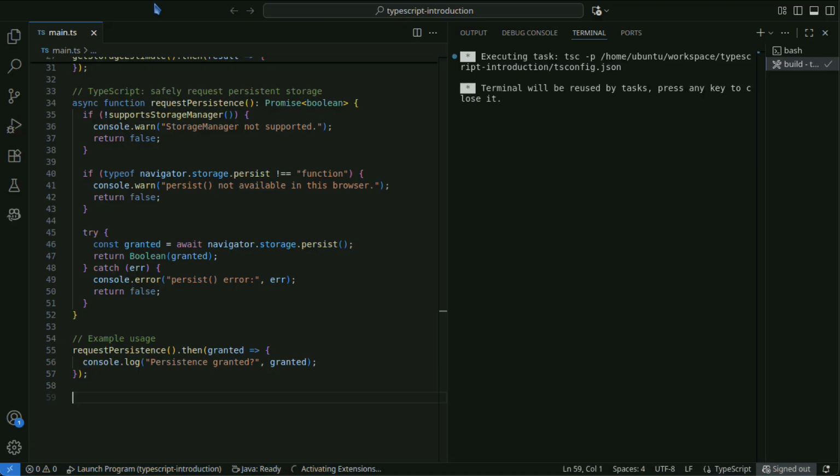If persist succeeds, the data will not be automatically deleted by the browser, except by manual user intervention. However, requests can be rejected depending on user actions or browser settings.